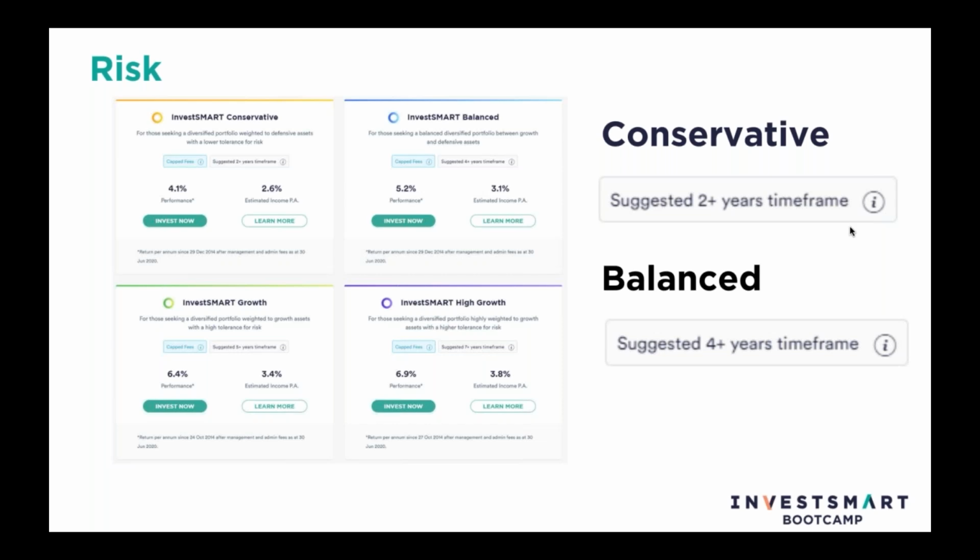These are the ones that InvestSMART offers. I'm more comfortable talking about these myself just because these are our products. There are numerous other products that you can look at as well. And in fact, on the website, you can actually compare your fund. So if you do have another fund that you want to compare to, by all means, compare it to the